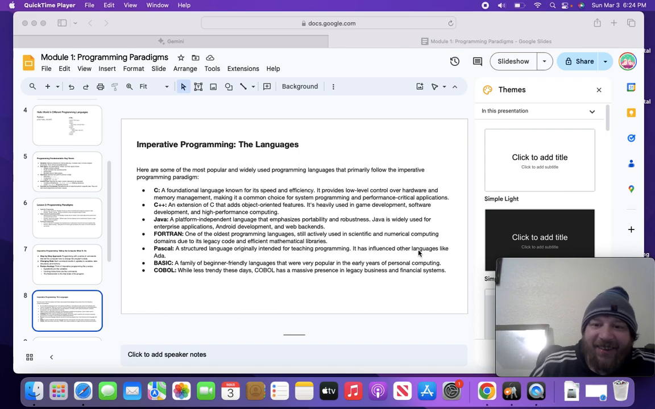So BASIC was designed very early on as a very user-friendly language. Then you have BASIC, COBOL, Pascal, and Fortran, which are the old, ancient languages. Some of these languages are still in existence, right? For example, in the financial space, they rely heavily on COBOL. And so if you learn one of these, COBOL, BASIC, less so BASIC,